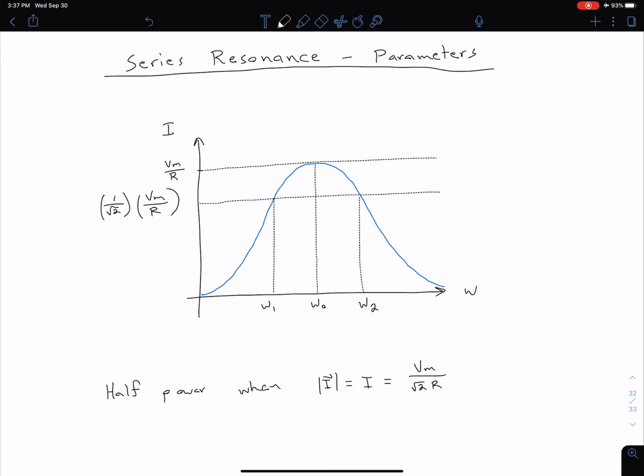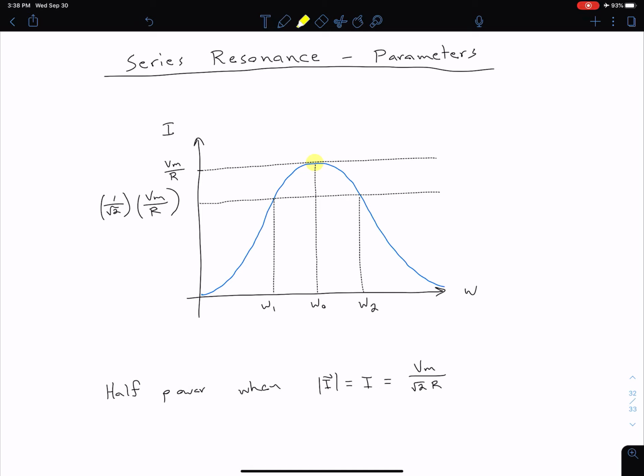So we want to continue with this idea of series resonance in order to define some key parameters that we can use to characterize the quality of the resonance. So I have here our plot for our current magnitude from the previous video. And so note we said our current magnitude is going to be a maximum value of Vm over R at